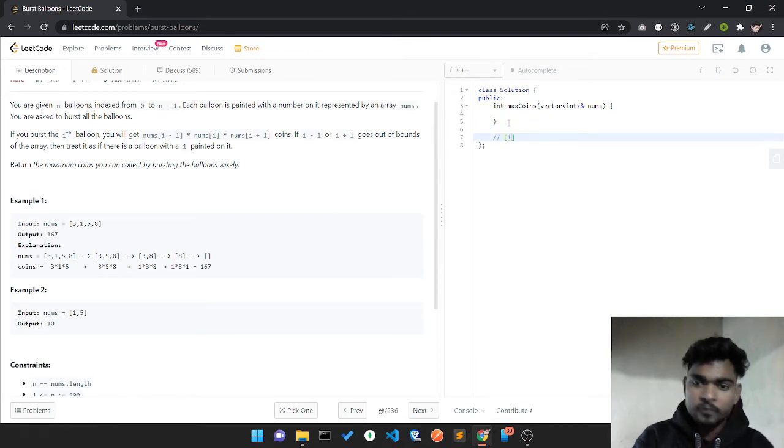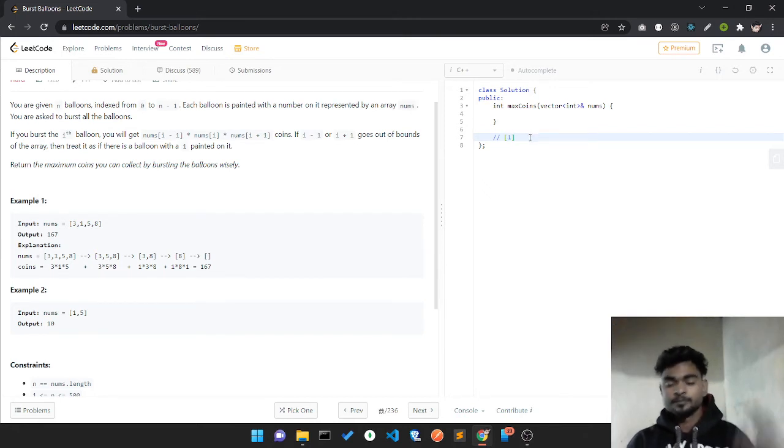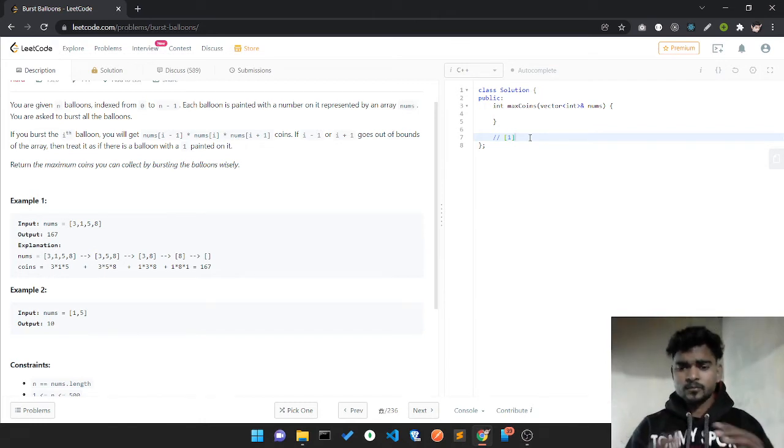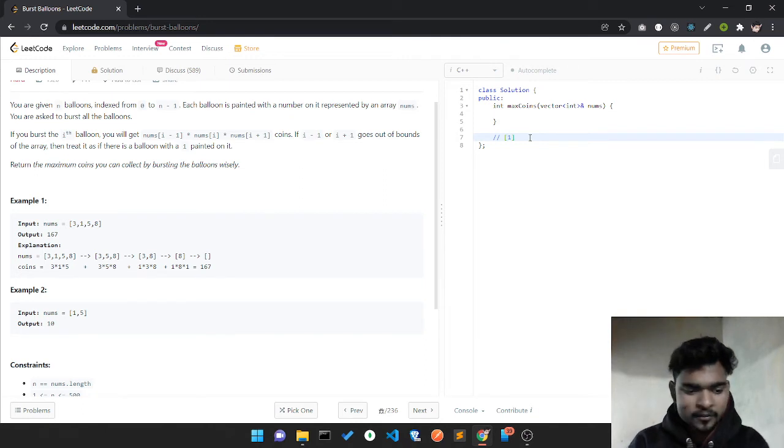If we have only one element, we want to add a 1 here and here for handling the out of bound cases. So I want to add 1 here and after that 1 here also. So I'll do this first.